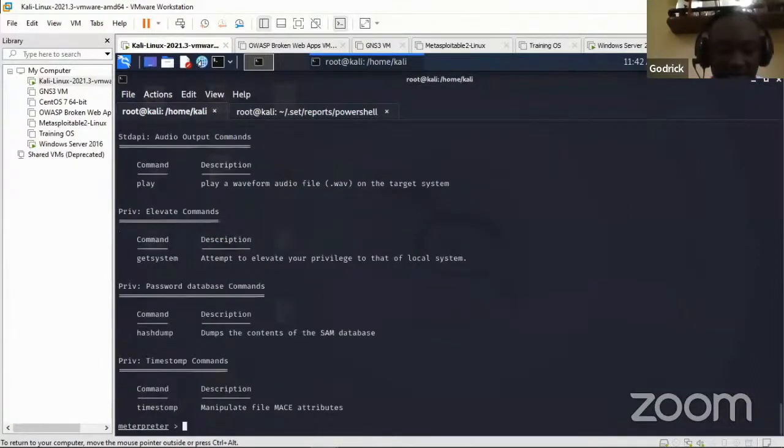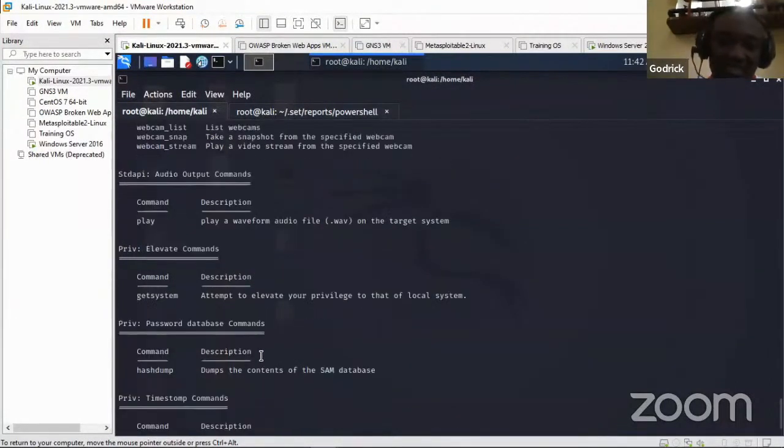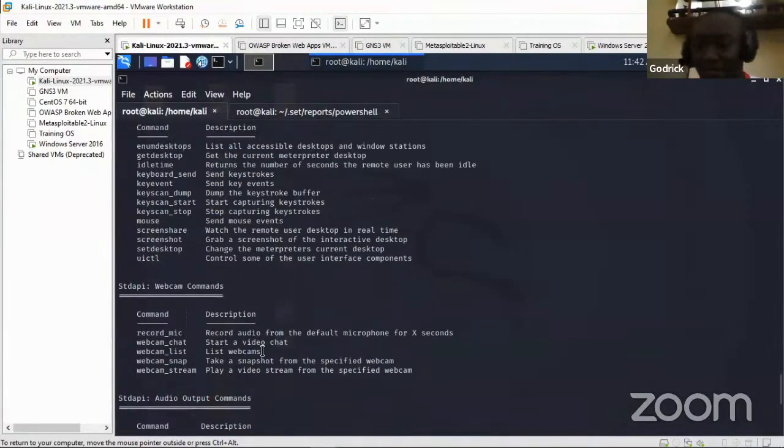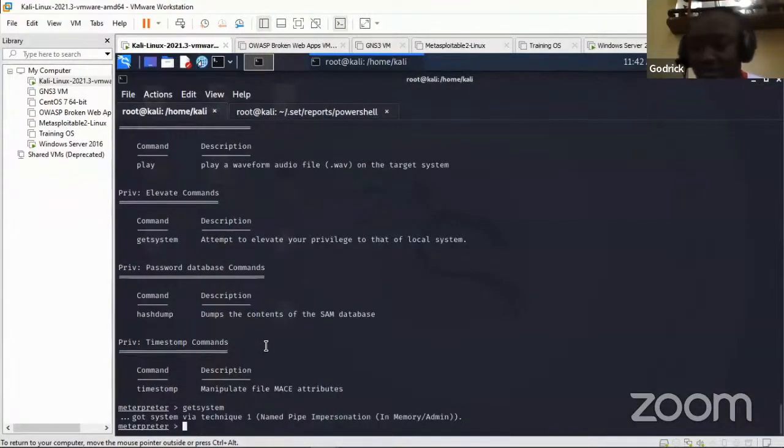So you see the various commands in Meterpreter. So you say getsystem, which attempts to elevate your privilege to that of local system. Getsystem. Got system through Technique One. So you're good, you have the privilege escalation. So that is it for the demo. You can try it out. You have so many things. If you have webcam, you could do webcam. Everything, for those that know Meterpreter session, it's so cool to have this as a tool. So I think that is it. That is it for the demo. That was just to show you how easy